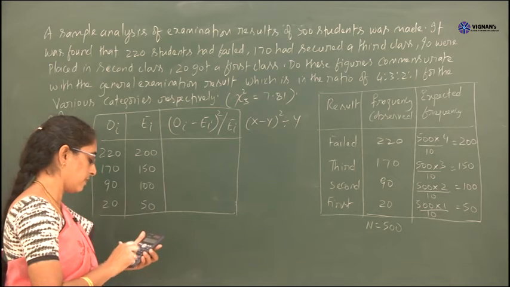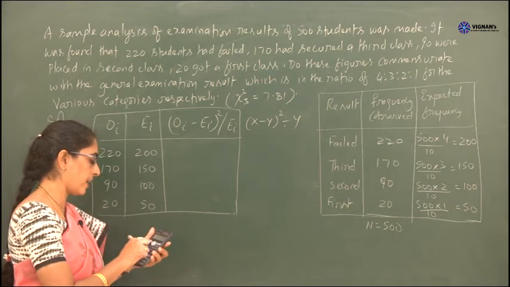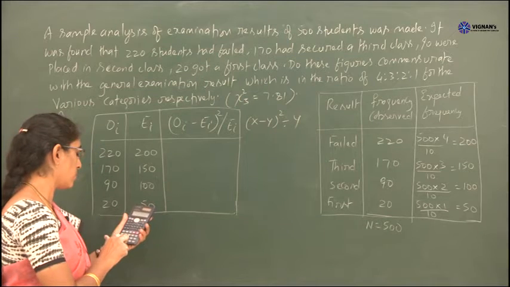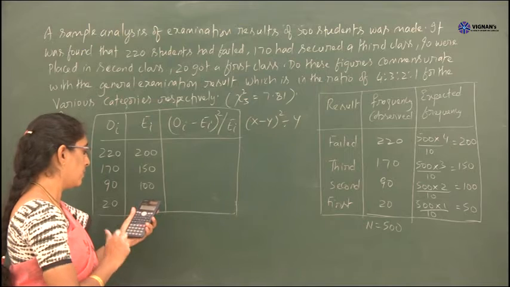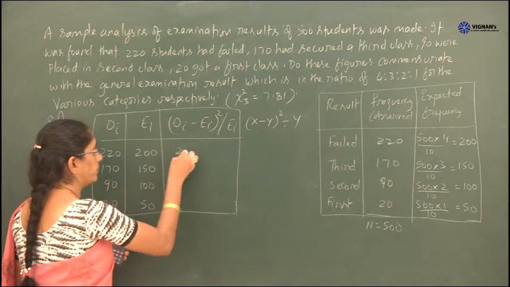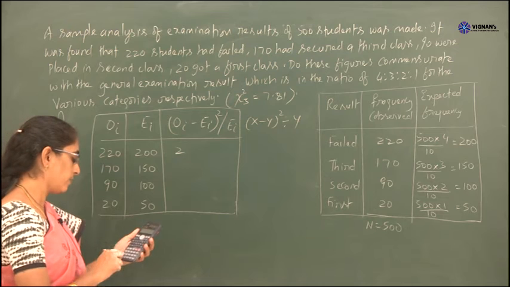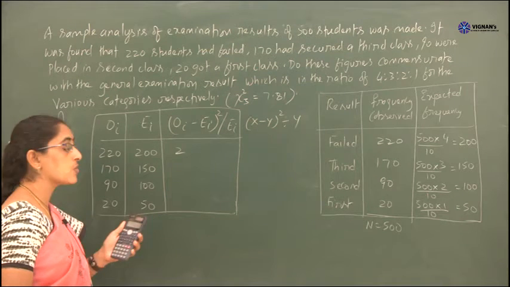So (x minus y) whole square divided by y. Now press cancel, it is asking the x value. So x is 220, y value 200. So it is 2. Then next, 170 is the x value. Y value is here 150. So it is